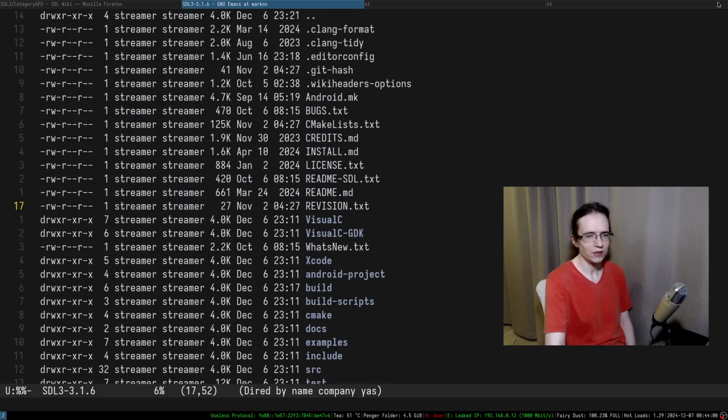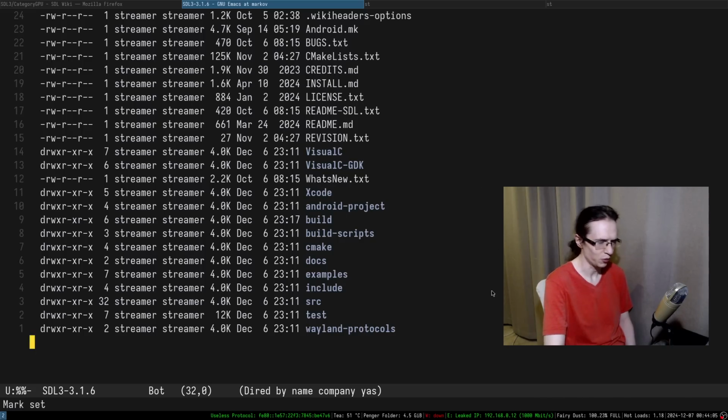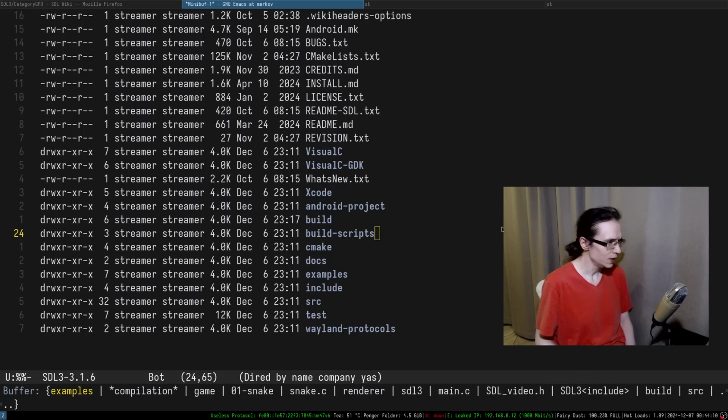So GPU examples. Why is it? Oh, it's somebody else's repo. No, not looking at somebody else's repo. So it's probably promoting yourself in the streams. Anyways,